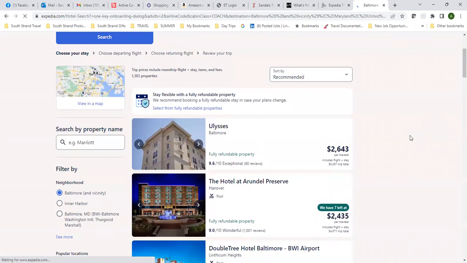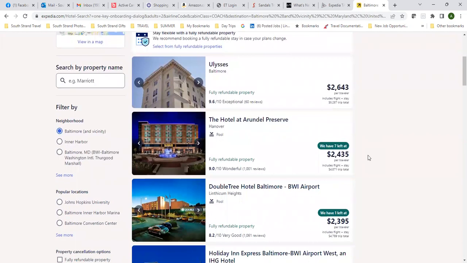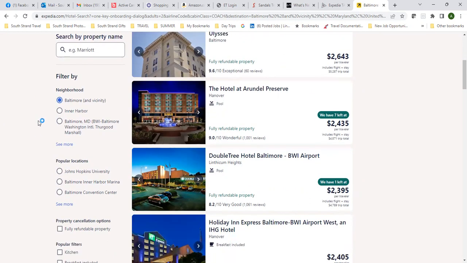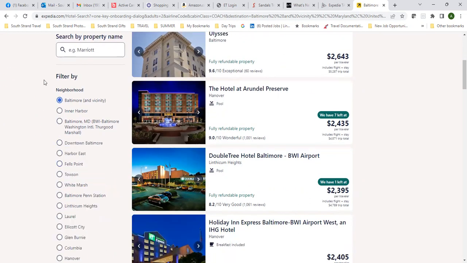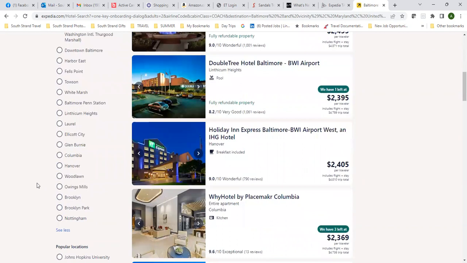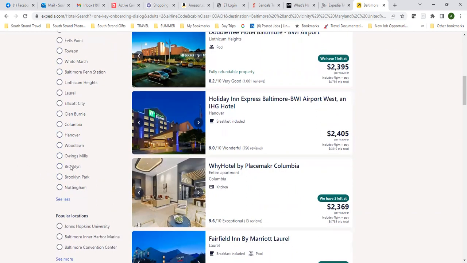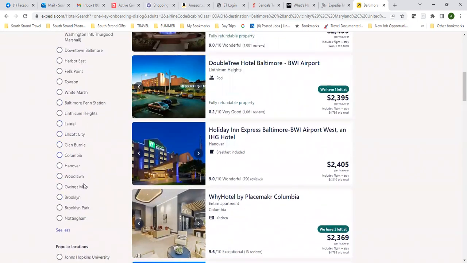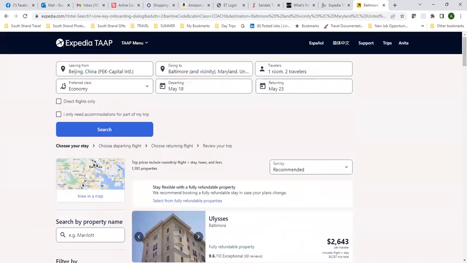So when you get the results up, this price that you're seeing is the price for the flights plus the hotel. So it's a combination, it's a package, and it's looking in the vicinity of Baltimore. If you want to look further out, you can look for specific areas. I can't remember where you said you live, and these might not be far enough out, but pick something that's close to where you live or where you want the hotel. So let's just say you wanted it near Towson. You can click Towson,